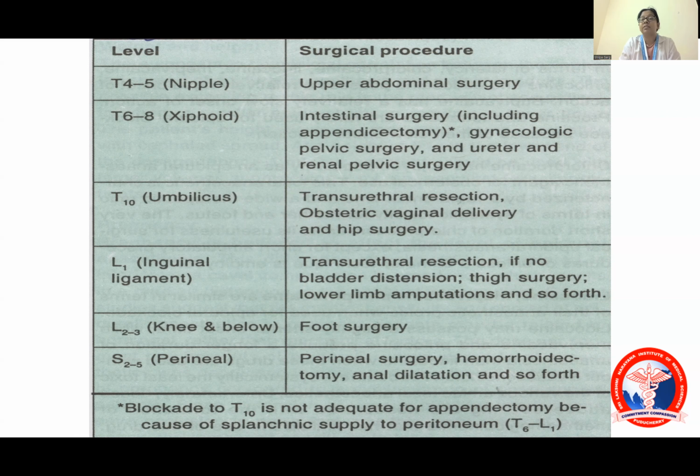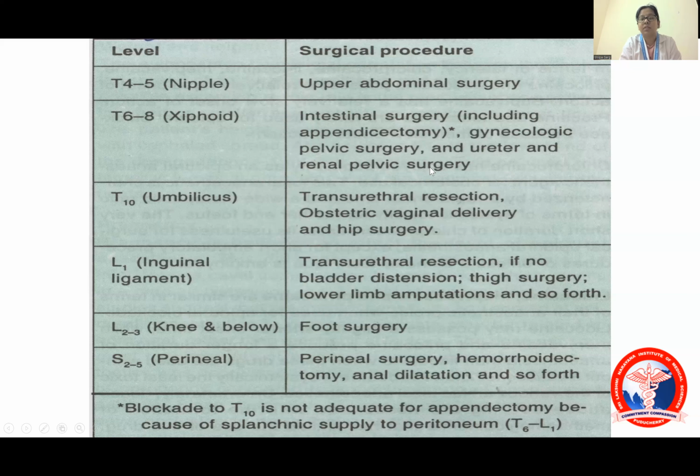Similarly, for intestinal surgeries like appendicectomy. See, appendicectomy has a star at its end. That means there's a word of caution: blockade to T10 is not adequate for appendicectomy as it is expected. Why? Because of splanchnic supply to the peritoneum, T6 to L1. So for appendicectomies, a blockade level up to T6 to T8 is required, along with ureteric surgeries, along with renal